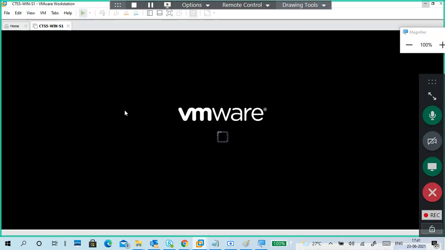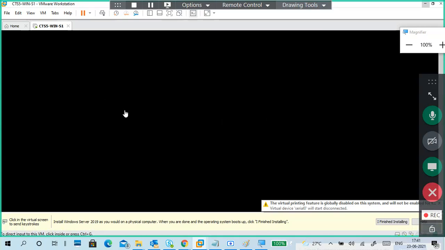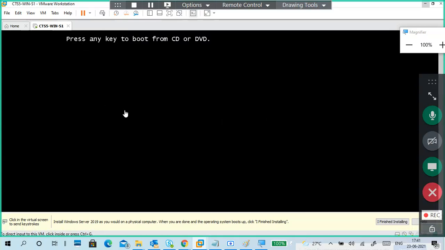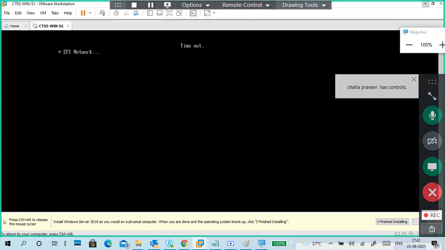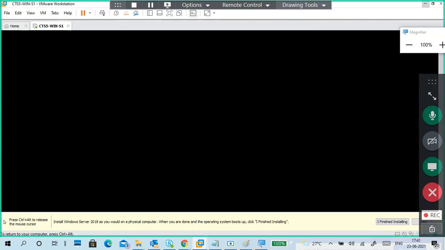Like Windows 10, only the OS selection is different. In the OS list, you have to select the fourth one. So click enter. You missed clicking. I'm pressing enter.